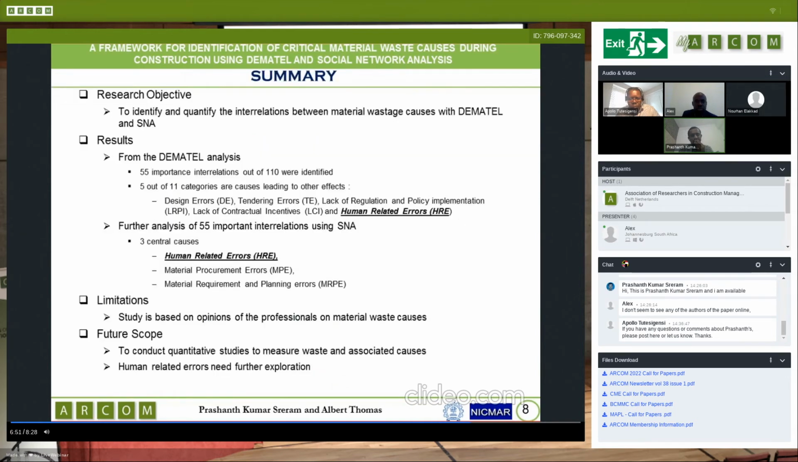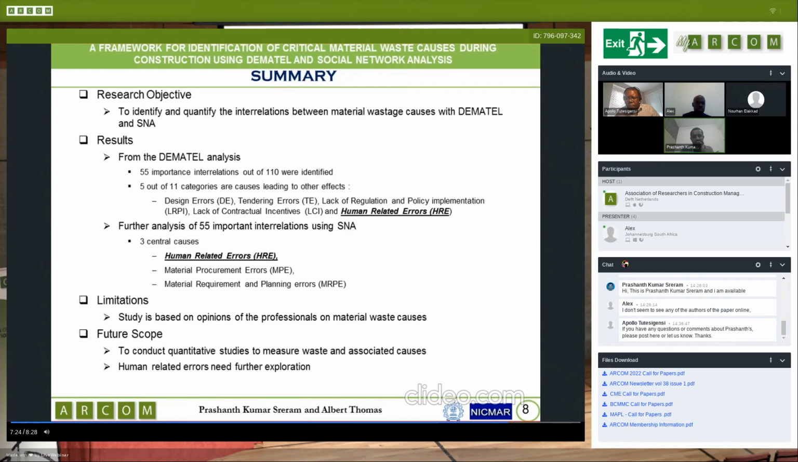To summarize, the study is conducted to understand the interrelations in material waste causes and proposed a combination of DEMATEL and SNA as network analysis method. From the DEMATEL analysis, 55 interrelations out of 110 were identified as critical, and of the 11 categories, 5 are identified as the critical causes, which are design, tendering, lack of regulation and policy implementation, lack of contractual incentives, and